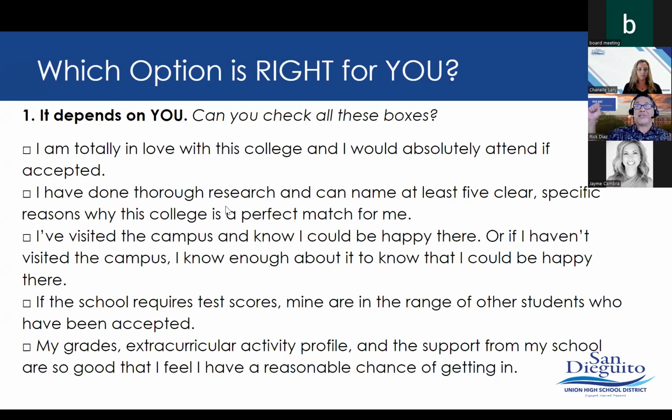They have the most amazing vegan buffet line in the cafeteria, and I'm vegan, and that I need to have that. I've been to the campus, or I know lots of people have been there. My test scores, if I'm submitting them, they're in range. My grades are exemplary, and I've done lots of activities. I am so in the sweet spot for this kind of student that school is looking for. If you can't click all of those, early decision might not be the best choice for you, in which case you need to reach out to your counselor and have a bullet point by bullet point conversation.